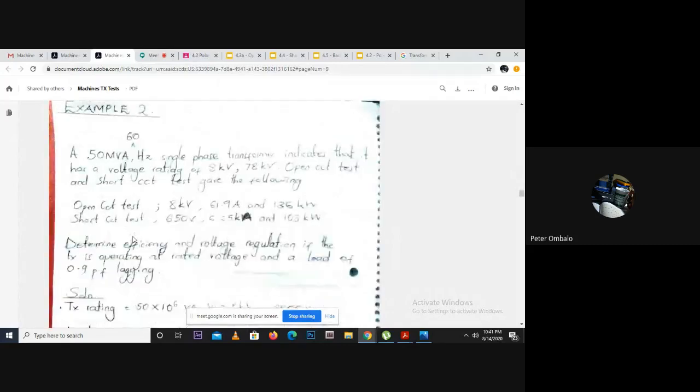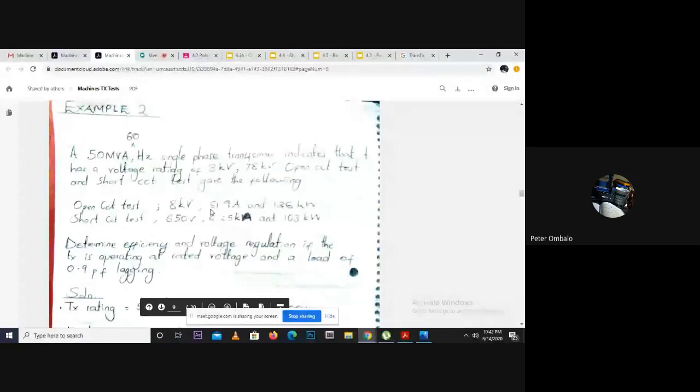So the second example, it's the same. We've been given the rating of the transformer, and then the tests were conducted. We have an open circuit test and a short circuit test. Actually, I didn't want to go through example 2 first, because example 2 is a case where they conducted